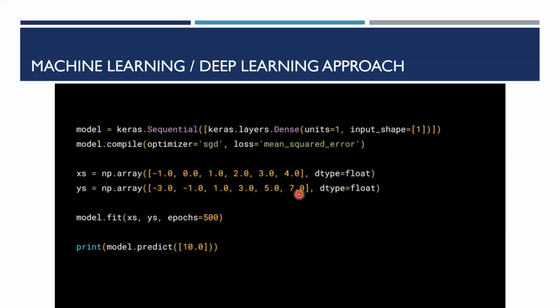Now if you're asked, what will be the output for 10? What will be the output for 15? Some data which are not given here in the input set. Will we be able to predict? Not in the traditional way. So now we will use a neural network to predict this. This is a very simple regression problem for which you don't need a deep neural network, but just to understand the concept of deep learning, I'm giving you this particular example.